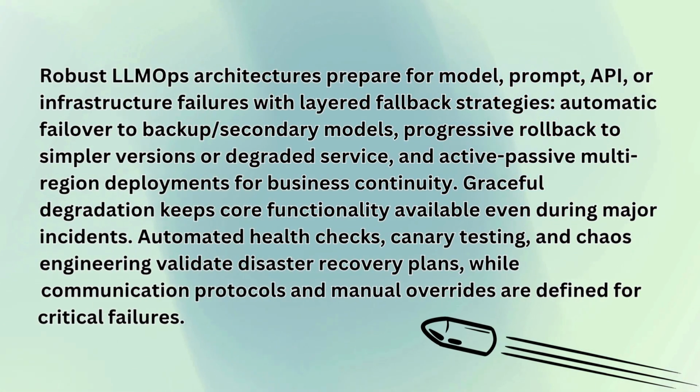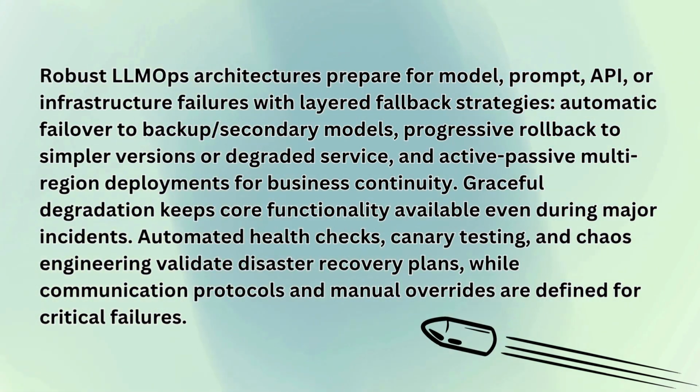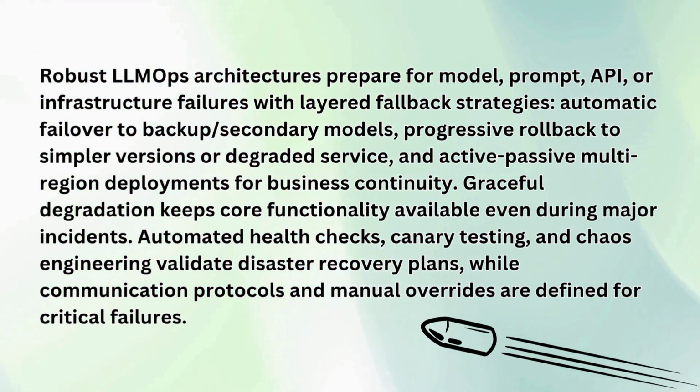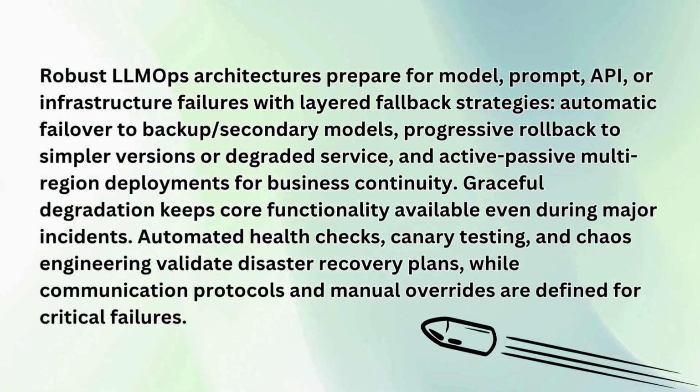Robust LLM Ops architectures prepare for model, prompt, API, or infrastructure failures with layered fallback strategies. Automatic failover to backup or secondary models, progressive rollback to simpler versions or degraded service, and active-passive multi-region deployments provide business continuity. Graceful degradation keeps core functionality available even during major incidents. Automated health checks, canary testing, and chaos engineering validate disaster recovery plans, while communication protocols and manual overrides are defined